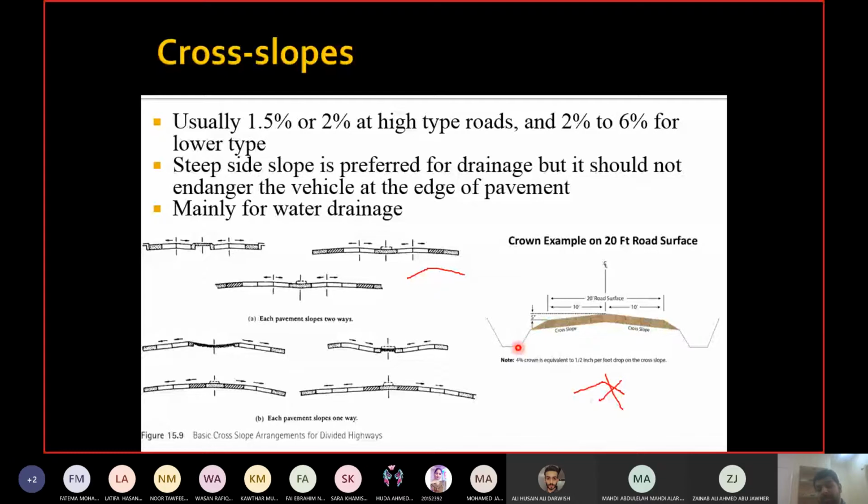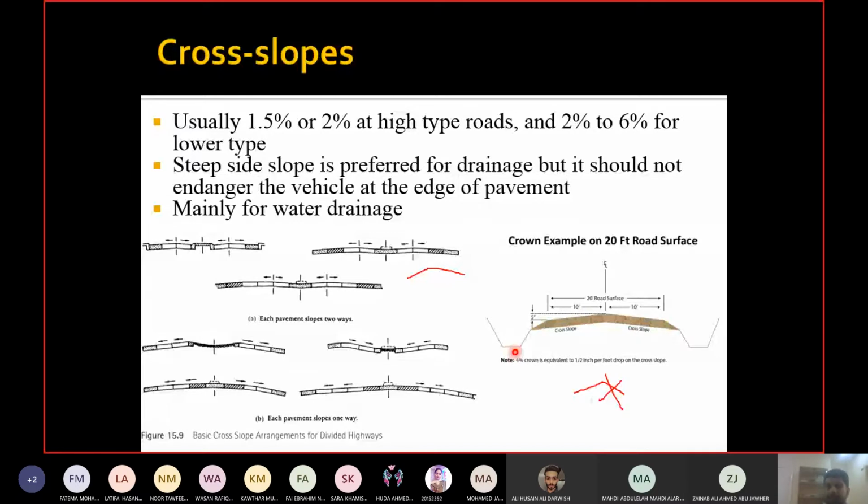But if you try the same slope, a flatter slope, to fill a height of 20 feet, then the width will be more. So this width is basically wasted. This space is wasted. This will not be used by the vehicles. So you are not widening the road. You are just widening the support of the road, which is useless. In terms of traffic operation, this side slope will not have any part. If you are widening the road and the number of lanes are increasing, it makes sense. But if you are just widening the support of the road, where the road only has 2 lanes, it doesn't make sense.